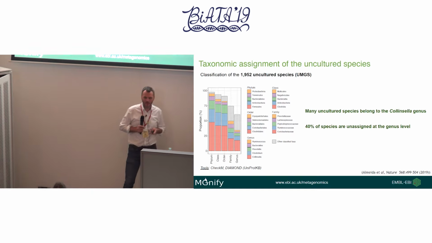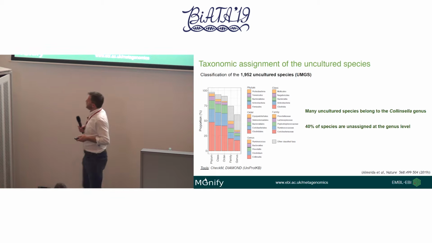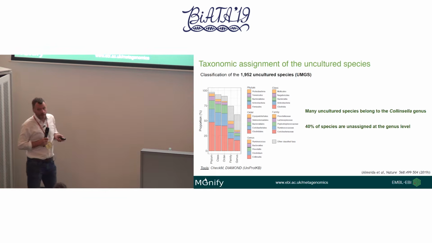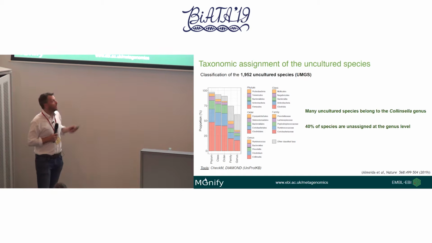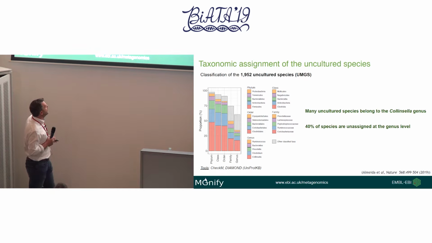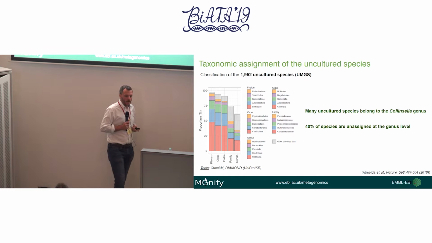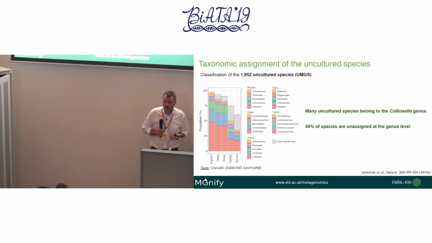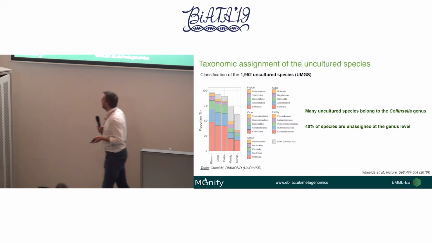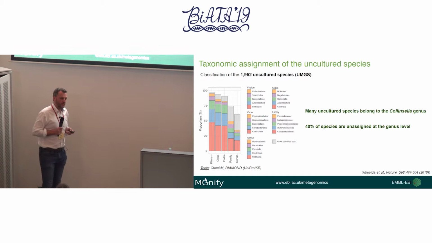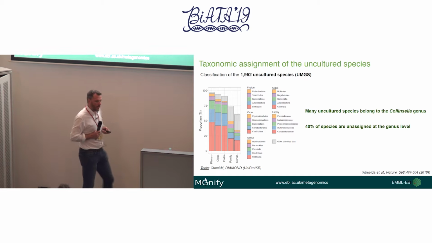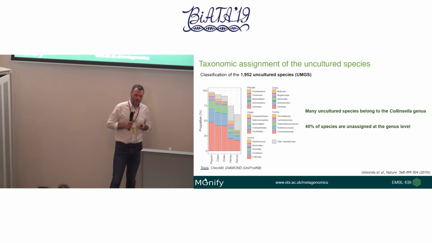But we don't think there's any novel phyla. If we actually look at it, many of the species that we've identified come from this Collinsella genus. So that's this part here. And this is really interesting in the fact that Collinsella is actually a genus that's known to be important for gut health. So that immediately made us quite interested, but also slightly surprised, because we've got a lot of healthy individuals, so why haven't we seen so many of these genomes before?